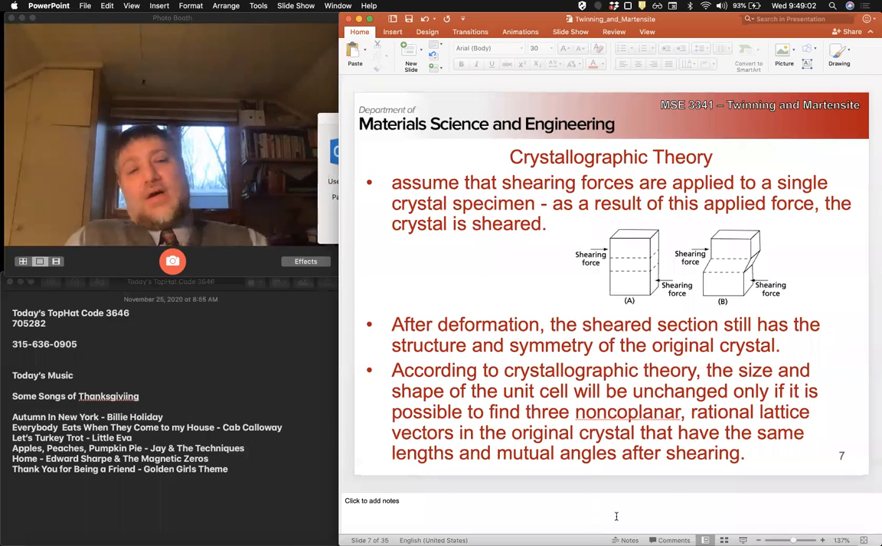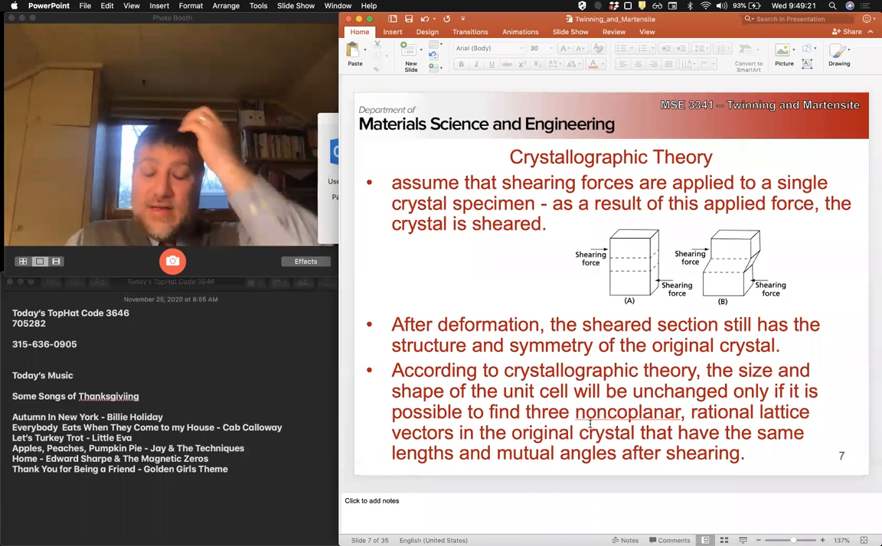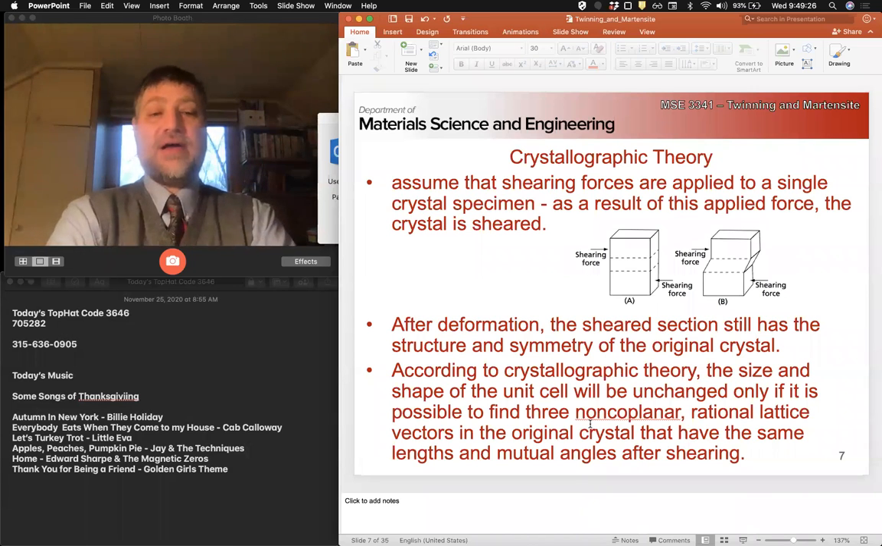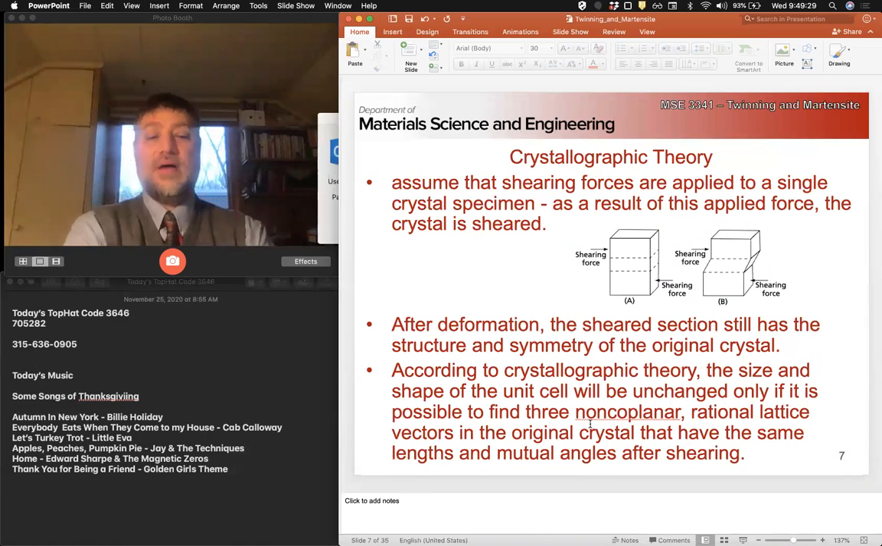Okay, so we have a shearing force and we get a kink that forms in our crystal. There's a very detailed crystallographic theory that in the metallurgy class I talk about in a fair amount of detail. Here I'm not going to go through it in nearly the same amount of detail that I would in metallurgy class, but